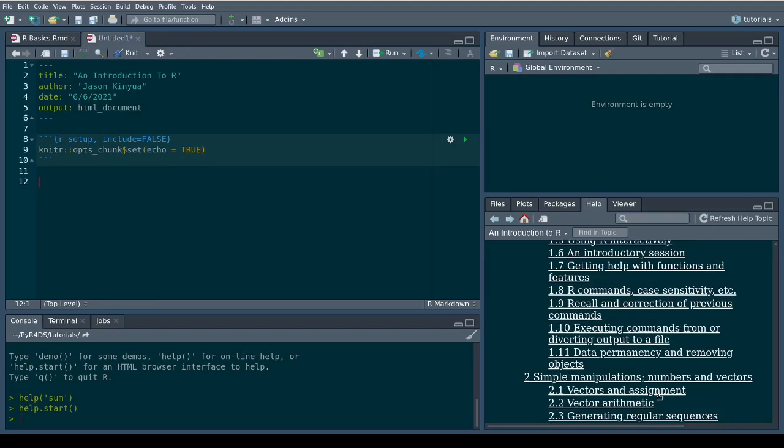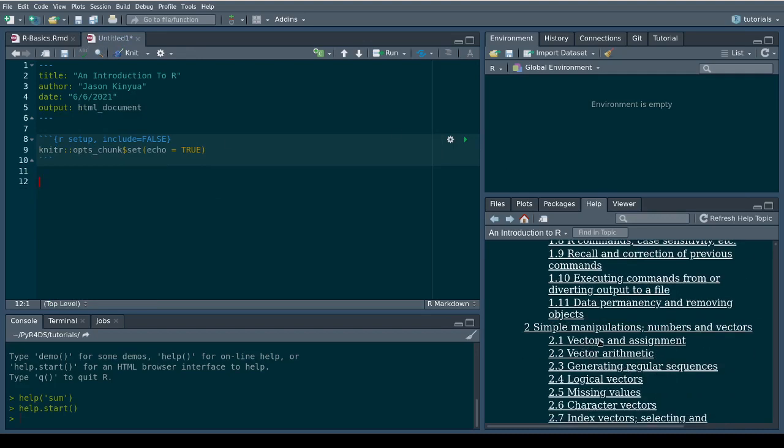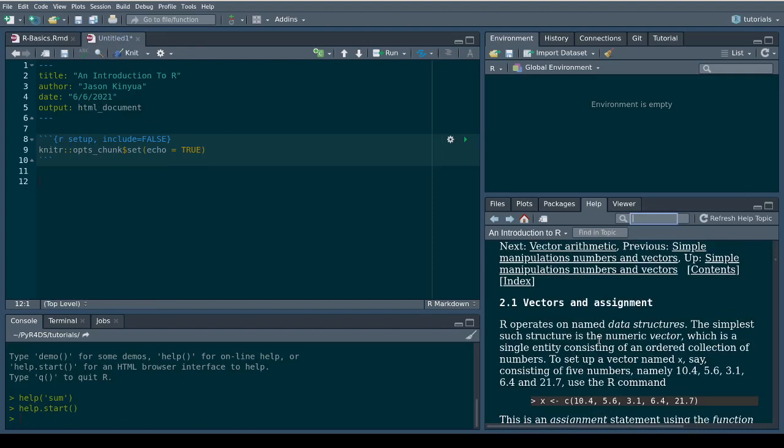So for instance, when you come to vectors and assignment, you read a text, and then there is a code explanation of how to assign a data object to a vector. So create an R chunk here, call it vector object, or vector variables also.